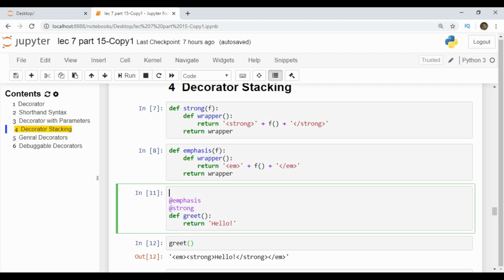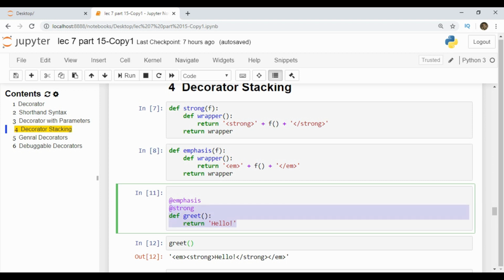What will happen? Your greet function will be passed to the strong decorator first because strong is innermost. For that function a new wrapper function is created which will be concatenated with the strong tag, and that function will be returned.